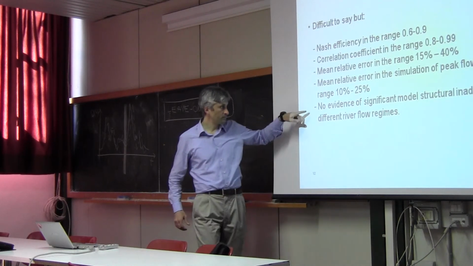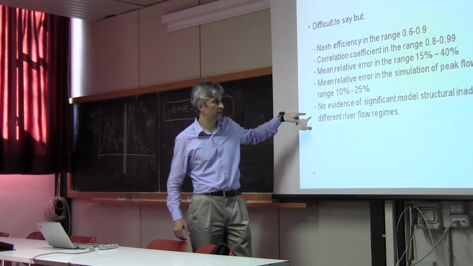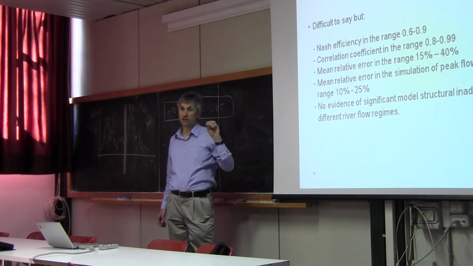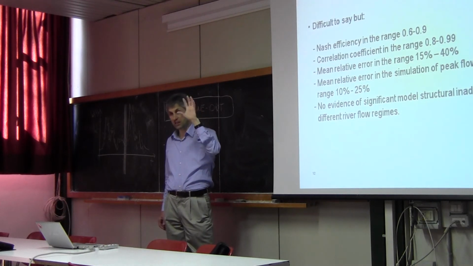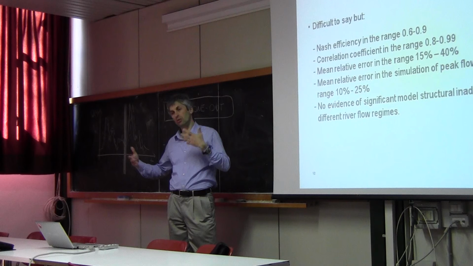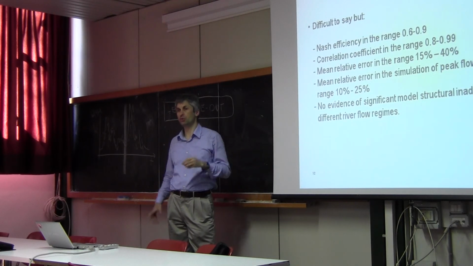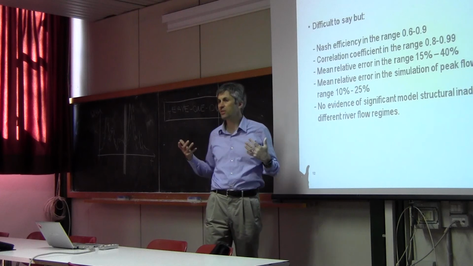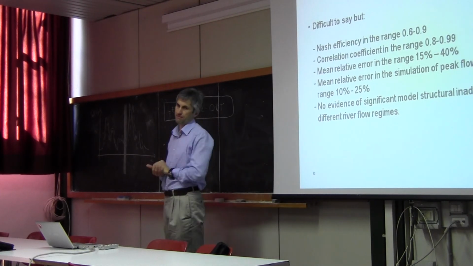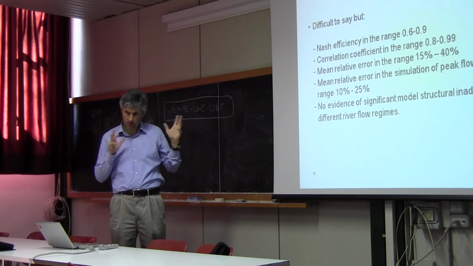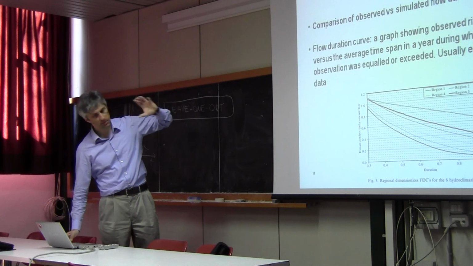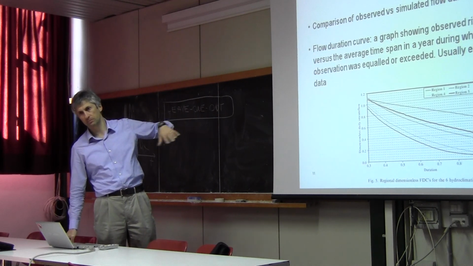And then, no evidence of significant model structural inadequacy for different river flow regimes, meaning that if you look at droughts, if you look at peaks, you get performances that are acceptable in any case. If you look at winter, summer, fall, you don't see evidences of significant, clear inadequacy. Okay? These are just some basic information. And then tomorrow I will go back to this previous slide because probably you already remember what a flow duration curve is, but I think it's better if I